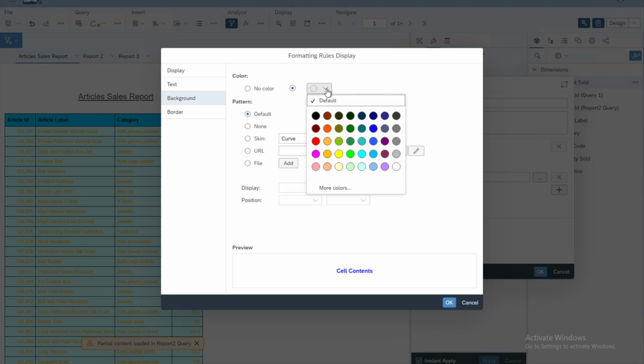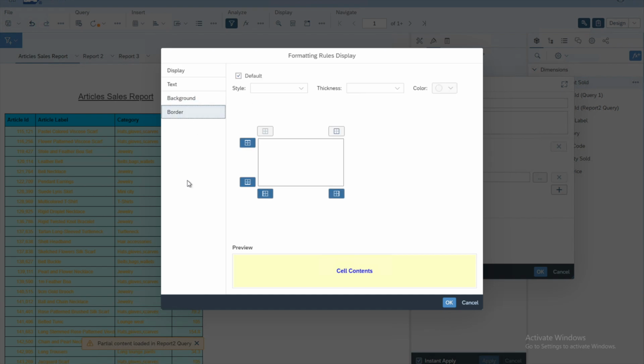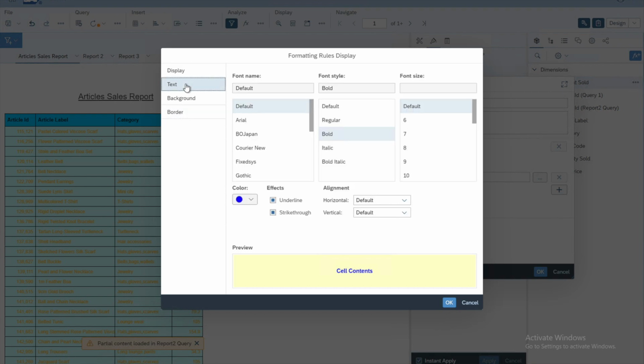So let's go for any background color. Okay, and we can do some other type of formatting as well. We can give it a different border style or a different border thickness and so on. Okay, so you can again try some of these options, but to identify straight away that on which cells